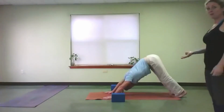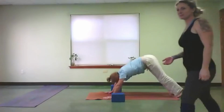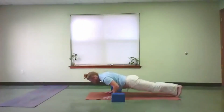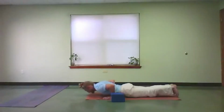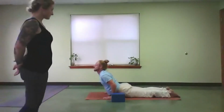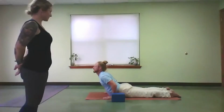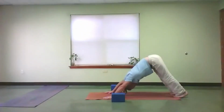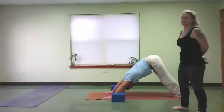If you would like to flow in this position, go for it. Shift your toes back more. There you go. Exhale to your down dog. Wonderful. All right, next posture we're going into